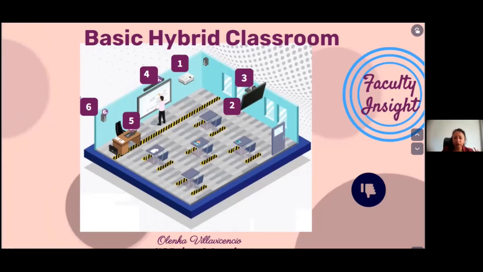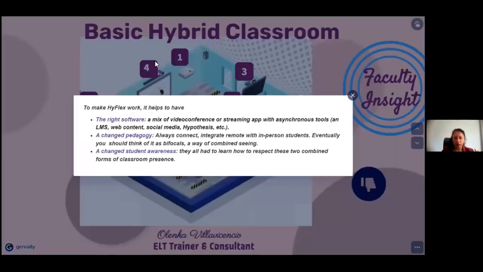For any HyFlex work, which is the combination of the hybrid classroom in a flexible way, the right software is necessary: a mix of video conference, streaming applications, asynchronous tools, and learning management systems such as Zoom, Google Classroom, Blackboard, or anything that you want, plus web content, social media, and so on.